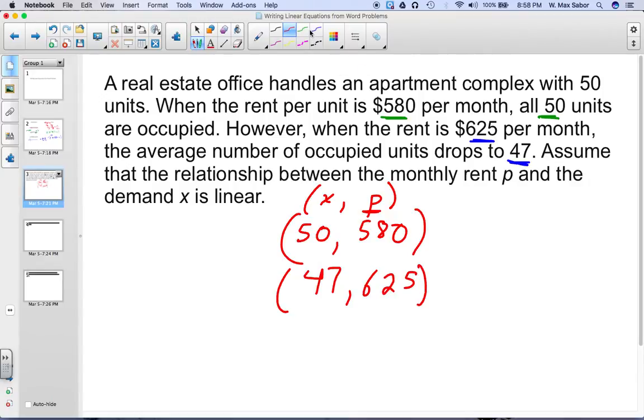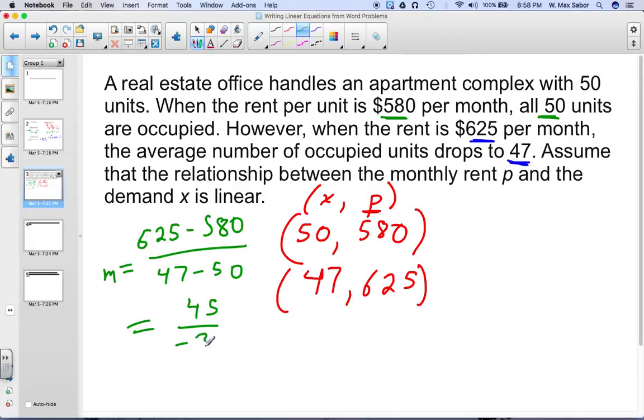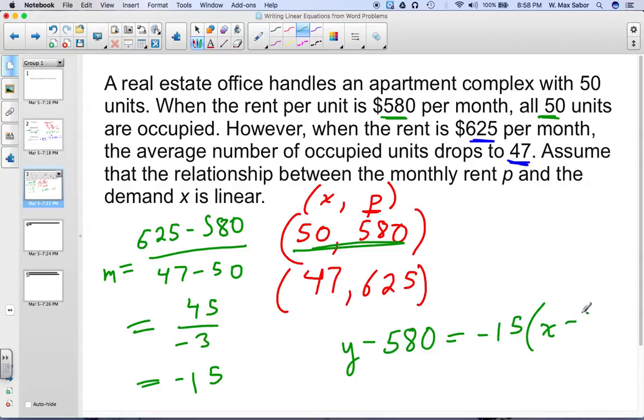So we can set up a linear equation by finding the slope. So 625 minus 580 over 47 minus 50. 45 over negative 3 is negative 15, so there's our slope. And we can use either point. So I'm using 50, comma 580. And that gives us our